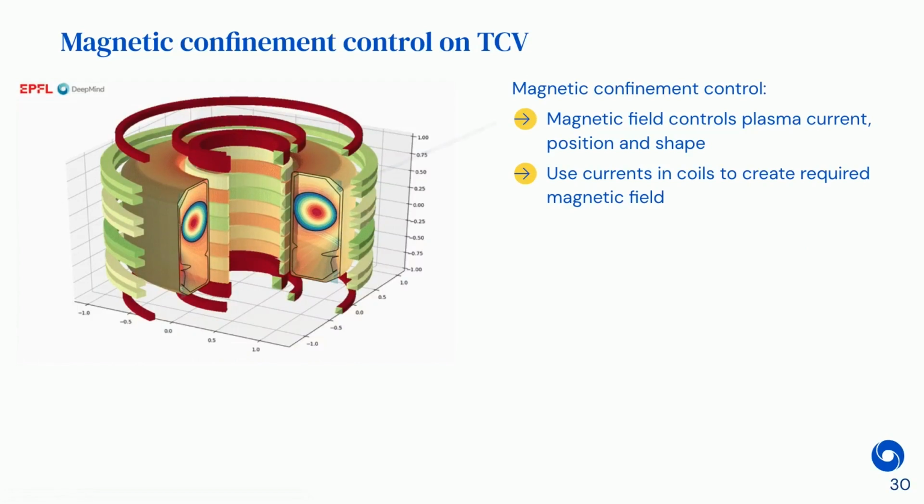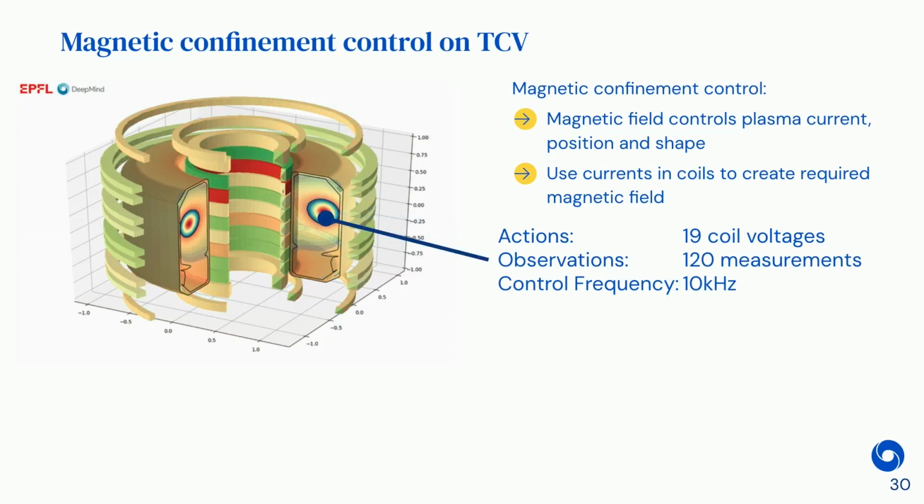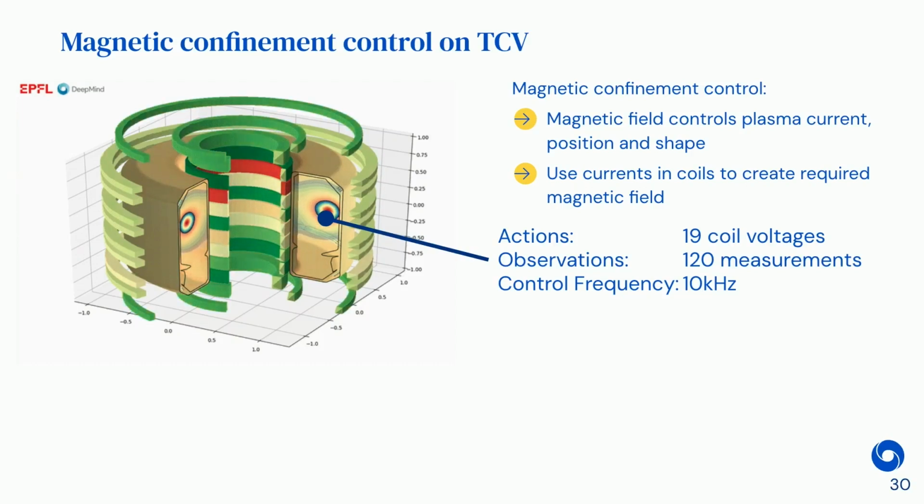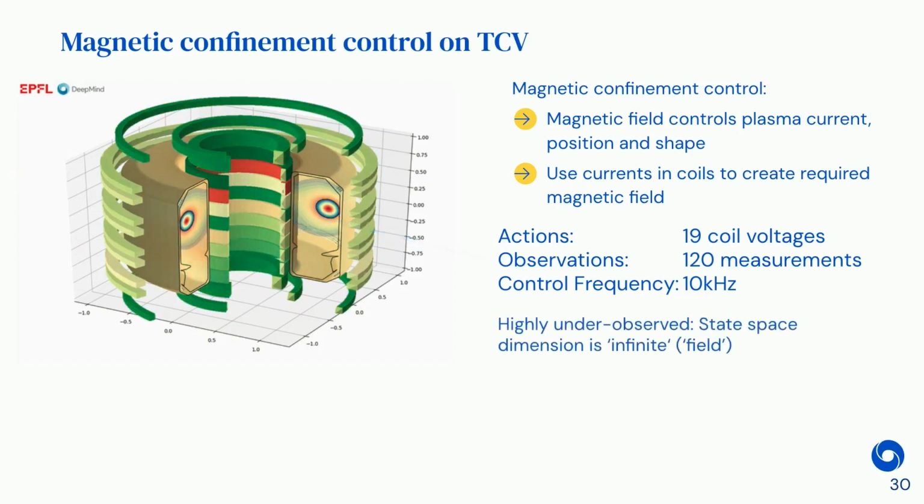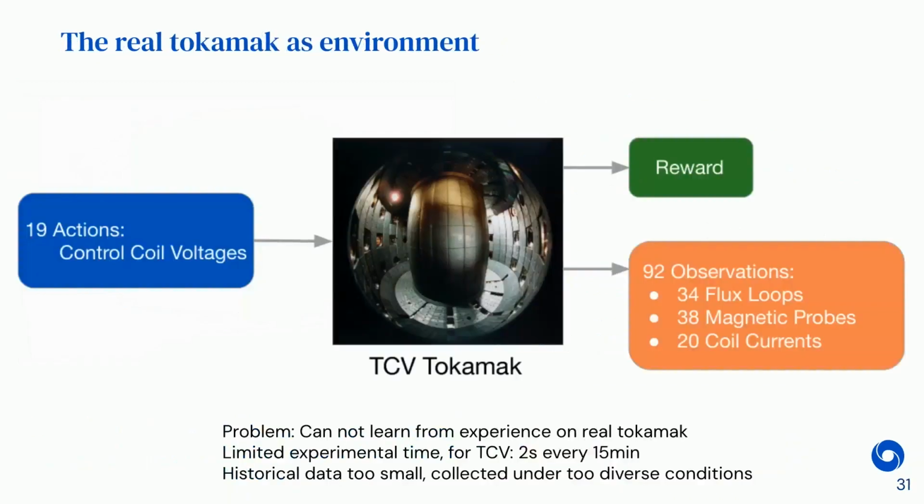The way we control that is, as I said, we look at the magnetic field and try to manipulate that with the control coils. We have 19 actions. We have up to 120 measurements. These are magnetic flux loops, which are distributed over the surface of the tokamak. We need to do this at 10 kilohertz in hard real time, so not a lot of time to think for your neural networks, if that's what you use. It's highly underobserved, just reminding us of that. So the goal now is to find a controller that takes these up to 120 measurements, plus targets, what you want to do, time varying. We use up to 40 targets that we're tracking,